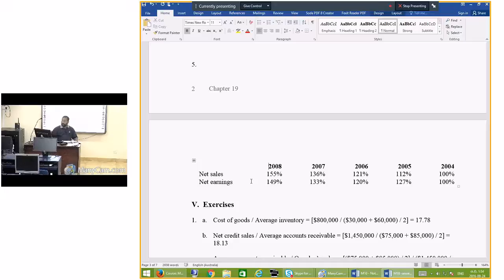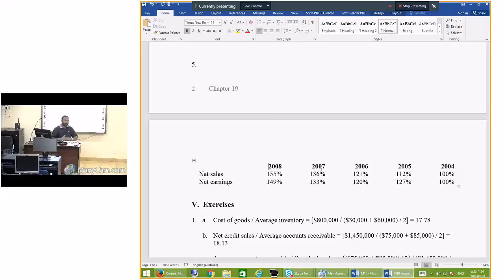How to calculate this figure is that, with 2004 as 100, from 2004 to 2005 you see how much the change increase is, take the increase amount divided by the 2004 figure, the previous year figure, then it increases to 112. Again go to 2005 to 2006, take the increase in value divided by the 2005 figure, then it increases to 121. Likewise,